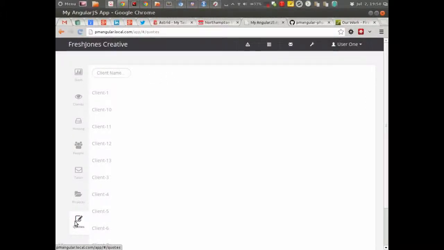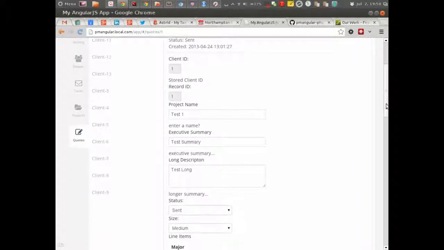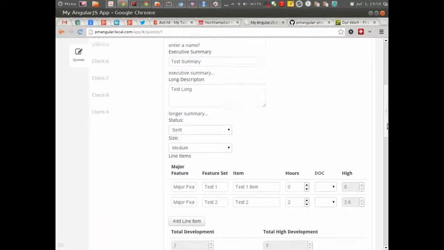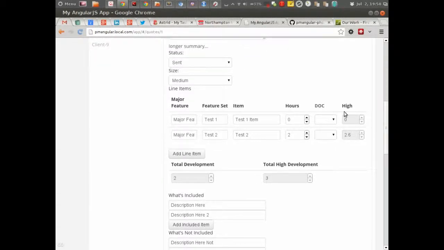This is just a demo of a project manager Angular.js prototype I was building. So basically I'll just walk you through some of it. The nicest part I like is the quote system, but basically it's a bunch of different math